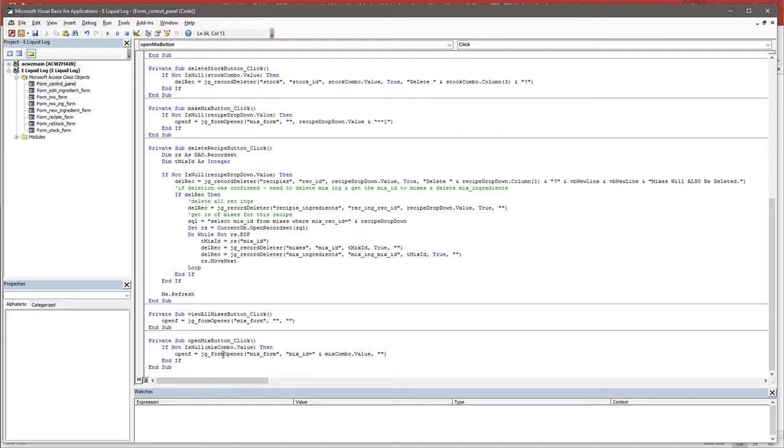Then it's using our form opener function, and we're specifying the form we want to open, which is a mix form, and we specify some filter criteria, being the mix ID equals the ID of the mix that we've selected in the combo, because that is the value of the combo. And that's about it, except for the fact that I've had to change this